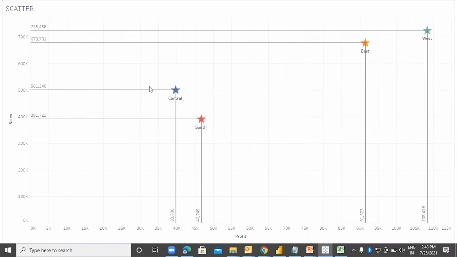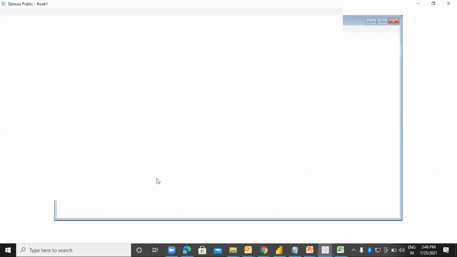And a very interesting fact is we can see over here the sales of south is less than the central, but the profit of south is more than the central, which justifies the fact that more sales does not always mean more profit. So that is a scatter chart.